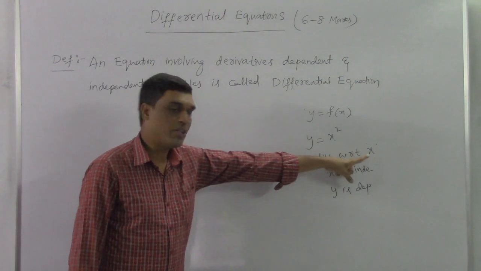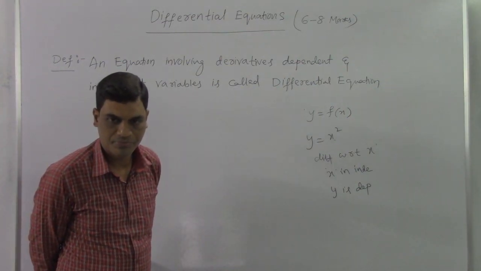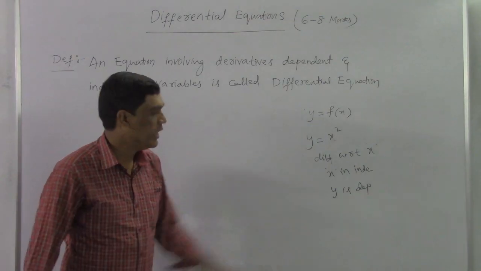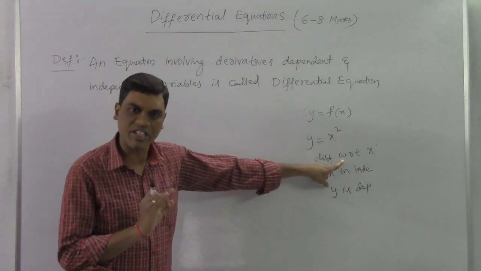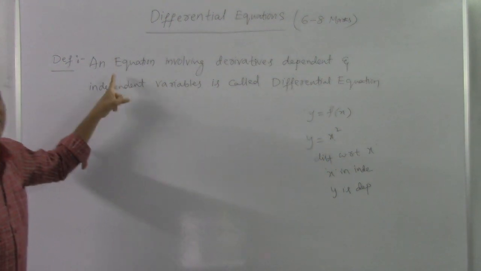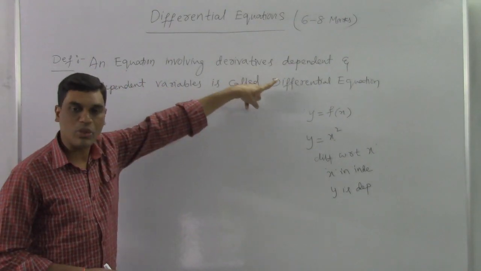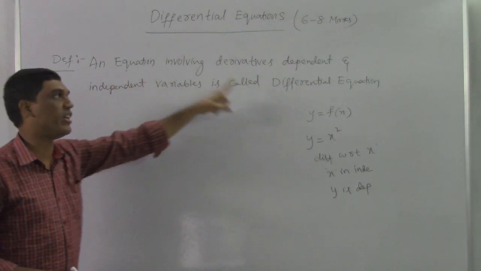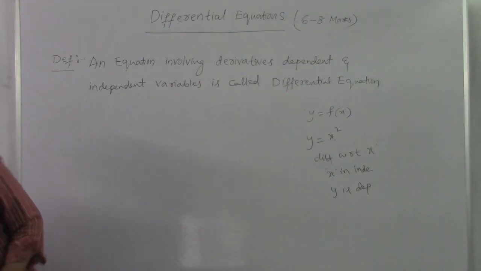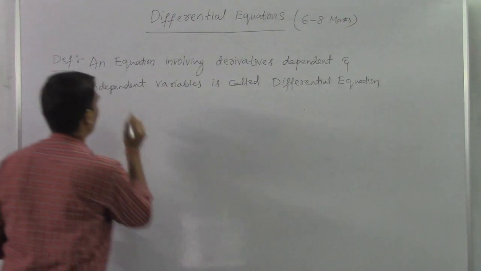Whereas with respect to y means y is independent, x is dependent. That means if you are differentiating with respect to x or with respect to y, one should be independent, one should be dependent. That only he has written. An equation involving derivatives, dependent and independent variables is called what? Differential equation. That means we may take a simple example as